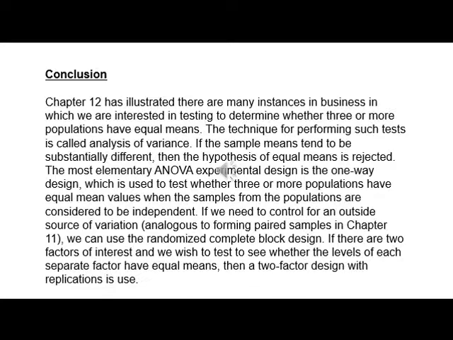If we need to control for an outside source of variation, analogous to forming paired samples in Chapter 11, we can use the randomized complete block design. If there are two factors of interest and we wish to test to see whether the levels of each separate factor have equal means,